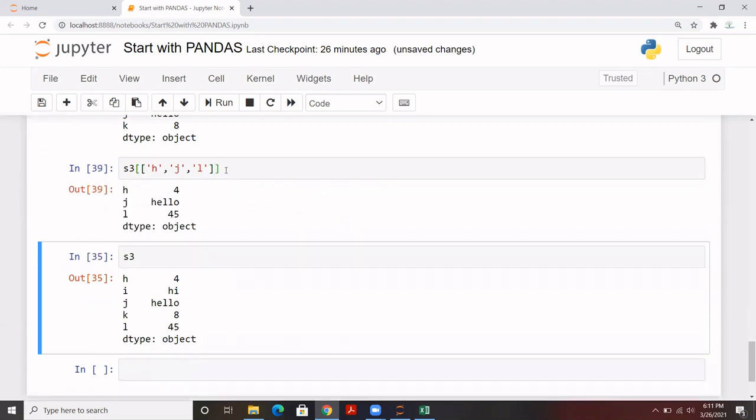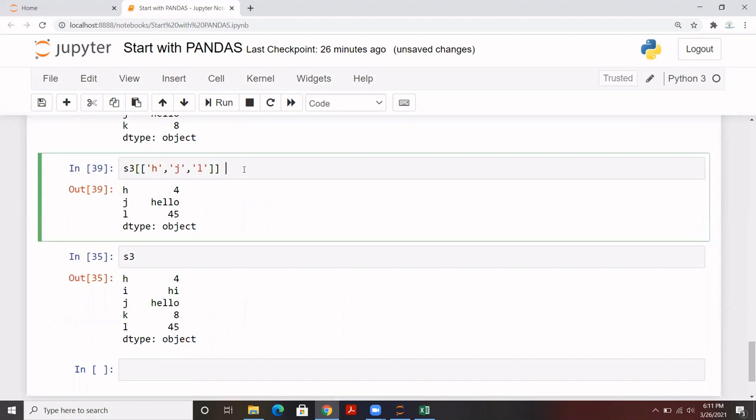So you should be careful while randomly choosing or extracting any records. You have to pass them within a list. Random label extracting, or you can say the indexing, will require a list. So you should remember this part as well.